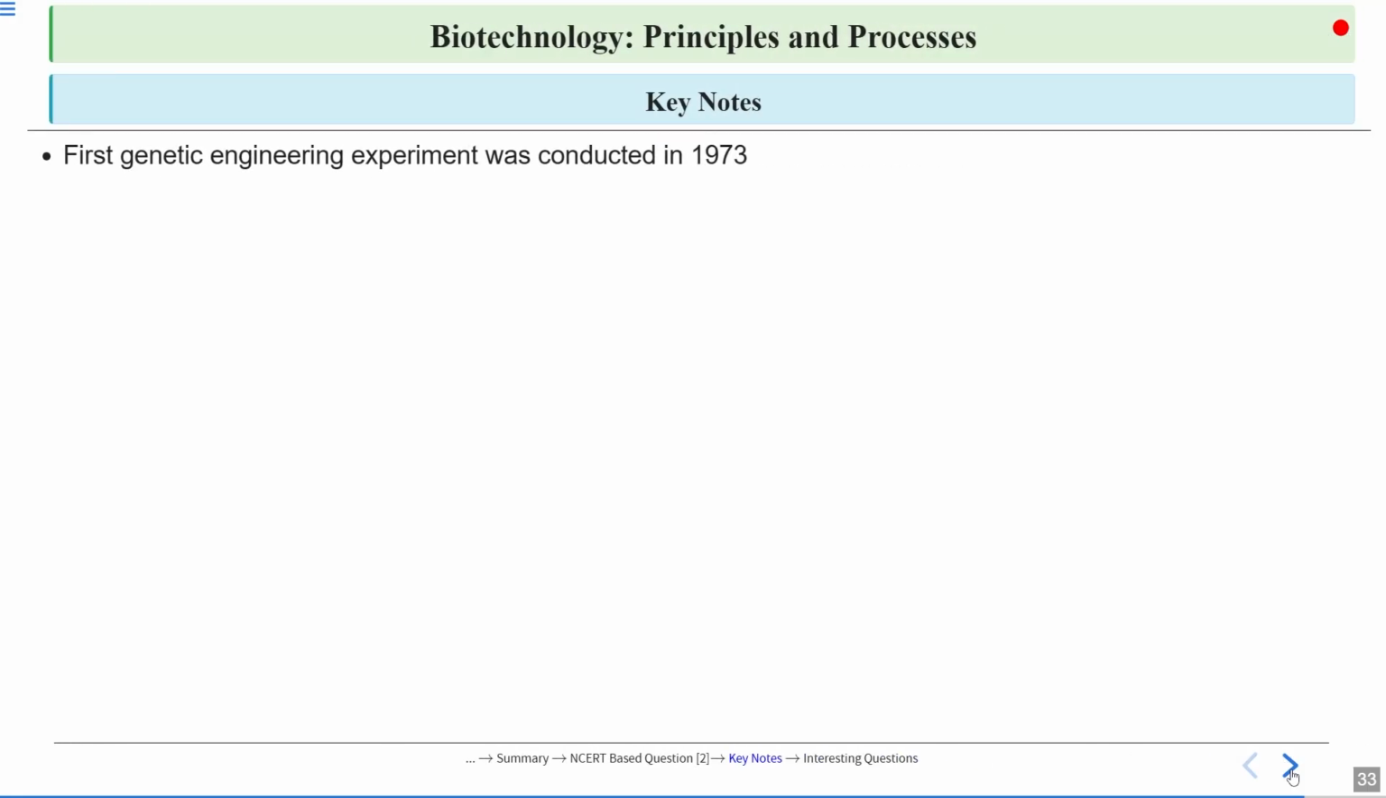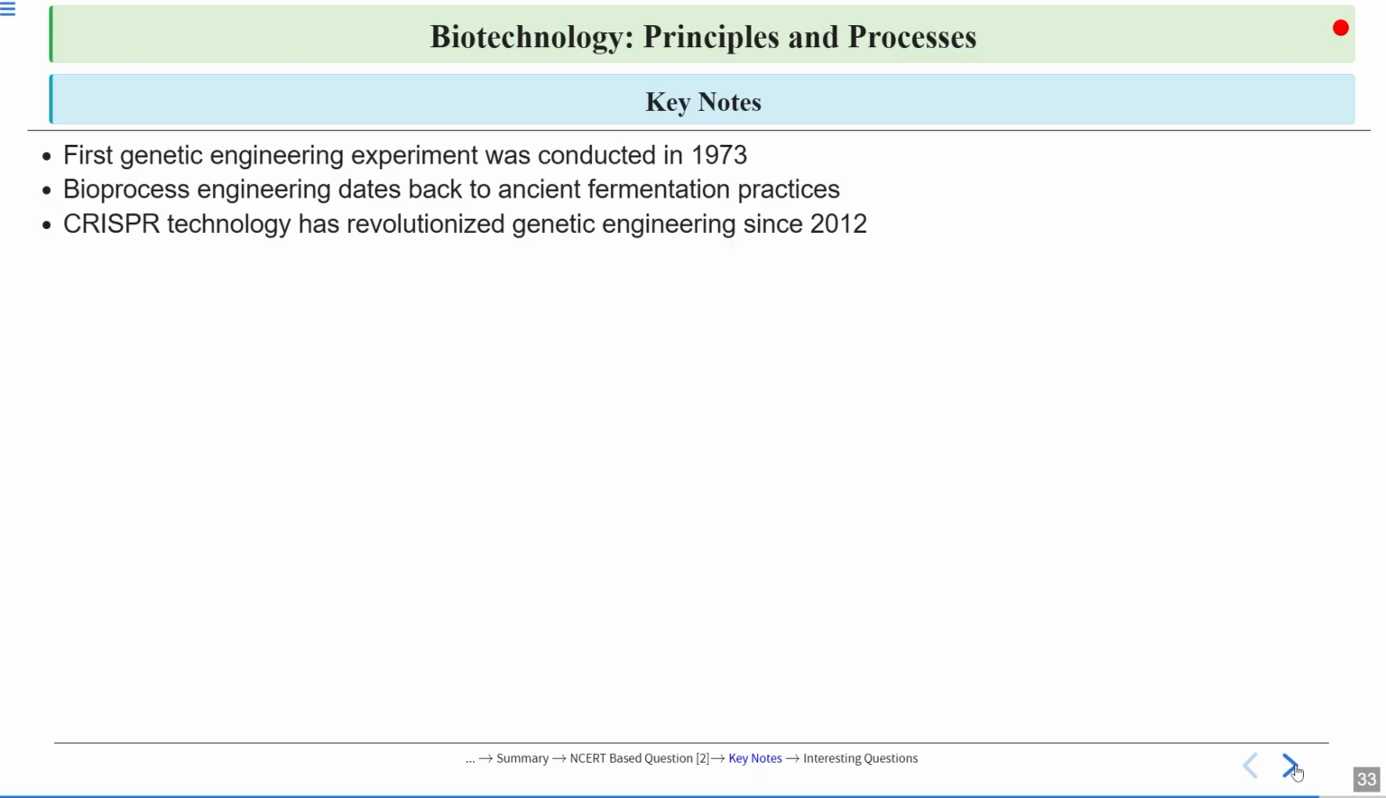What are the keynotes of this whole lecture? First, genetic engineering was conducted in 1973. The bioprocess engineering dates back to Asian fermentation practices. Okay, that is not something that we got to know today. It's been going on for decades. CRISPR technology has revolutionized genetic engineering since